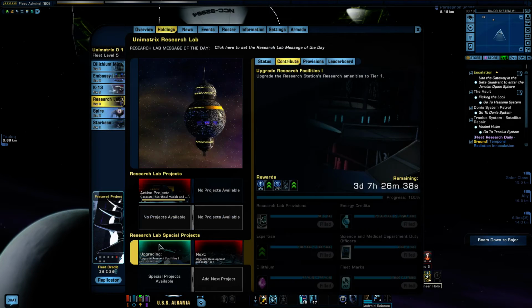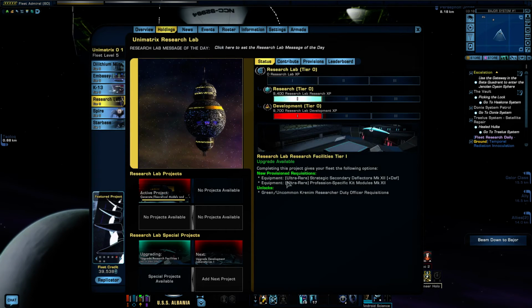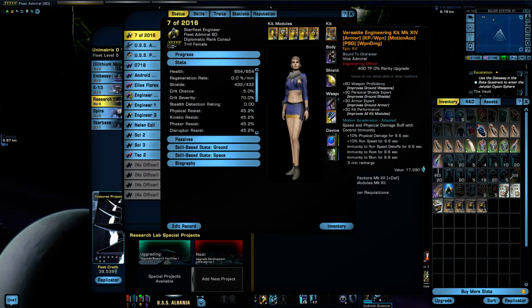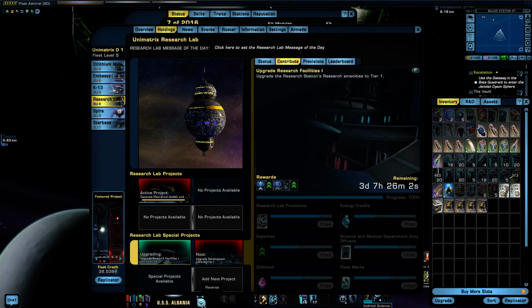The research lab is upgrading to tier 1, but that's still in progress of its cooldown. That'll be great, because it'll unlock some really good stuff on level 1. There is some equipment, ultra-rare proficiency-specific kit modules, and that's what I'm using right now on her actually. See this kit module? Versatile engineering kit module, and see how it gives a motion accelerator button? That's from here. It's what you can buy from the research lab. So I'll be able to buy more of them for my other alts that don't have it